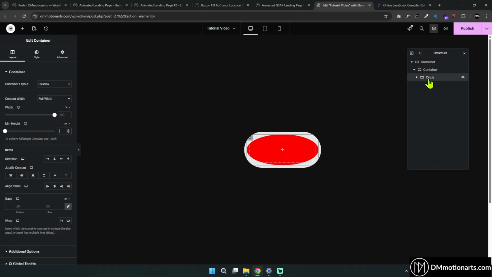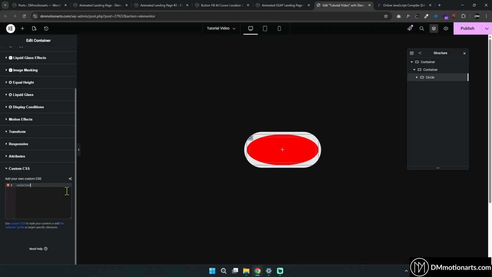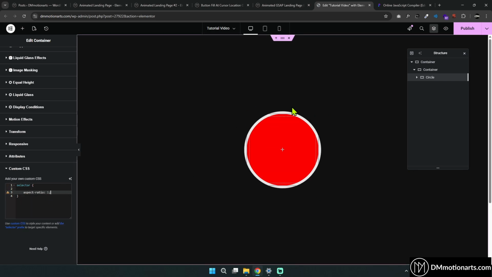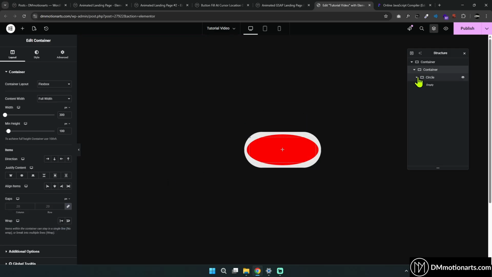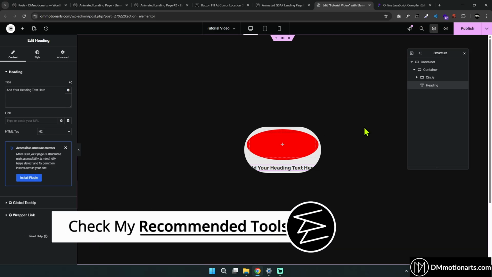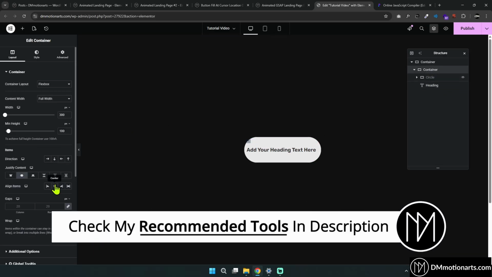A quick test I will show. You don't need to do this, and you don't need Elementor Pro, but I'll show this. If I do selector and type aspect ratio 1, it turns to a square, but because of the border radius, it is also turning into a circle. Now inside this container, we will have our text. To customize it, we can basically hide the circle for the time being and then play with the customizing